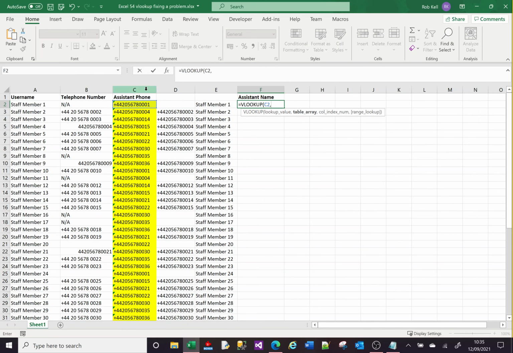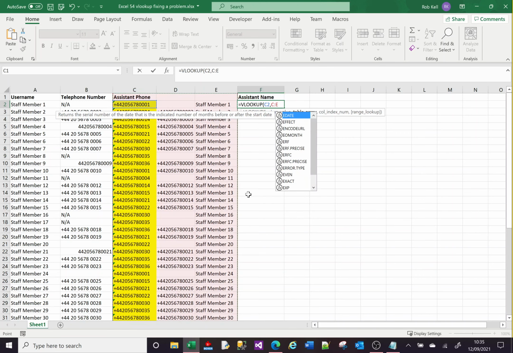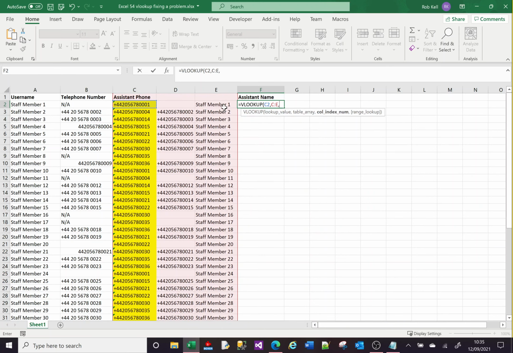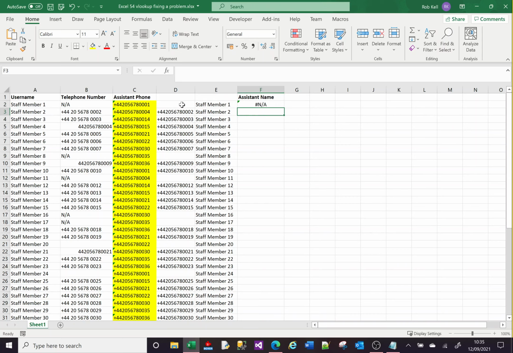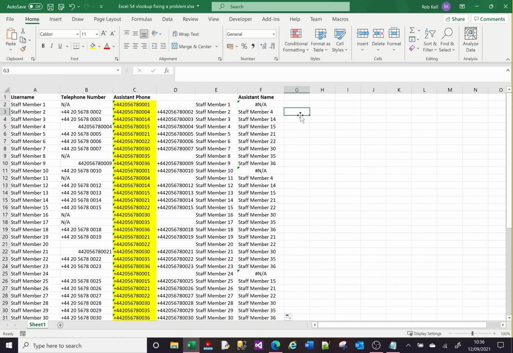The range that we're looking at is the next variable in our VLOOKUP, and that's going to be C to E. We're going to return the third column. Oh, I've messed up again. The range we're looking at is D to E, and then we're going to return the second column, which was the staff username assistant column, and then this last one here we're saying we only want the exact match. If I click OK on that, this first one, there's nothing there, so there's nothing to compare it to. But if we run this down here, we should see that